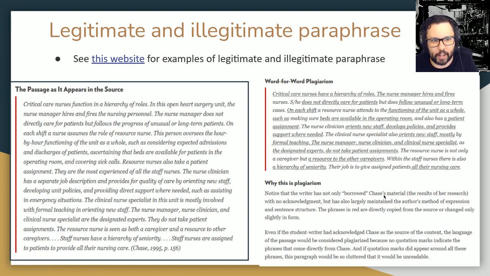So this has not only borrowed some of the information from this passage, but a significant amount of the paragraph itself is taken from the original. This is almost copied and pasted with just some slight modification. I think everyone understands why this is plagiarism, why this would count as a violation of the plagiarism policy.